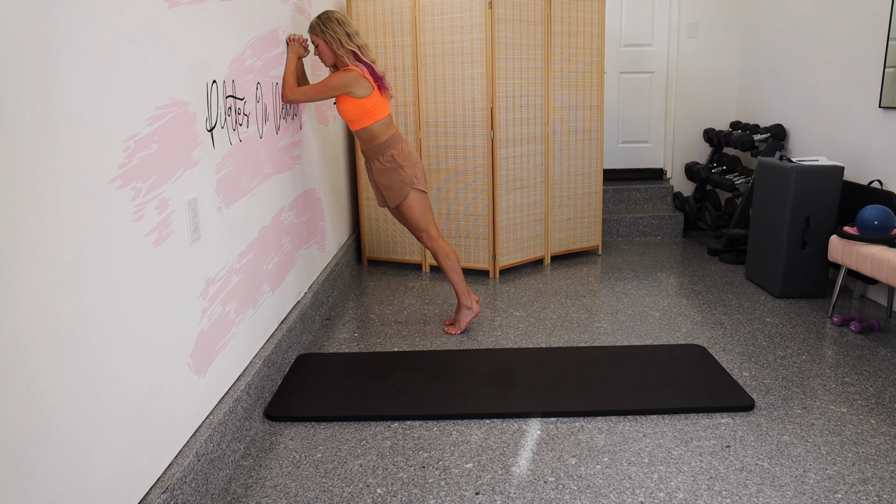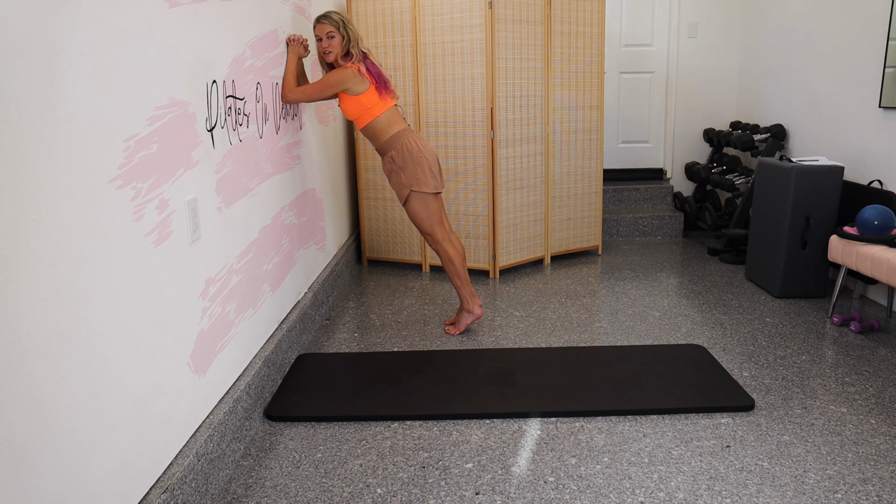Let's do a couple more just to get into the motion. And notice that I'm not moving my arms or my feet. This is from my waistline. Okay, let's go for 4 more. You got this. For 4,